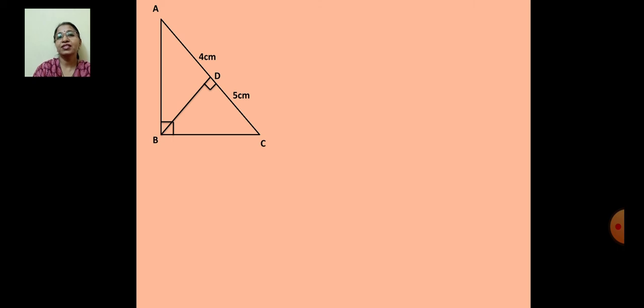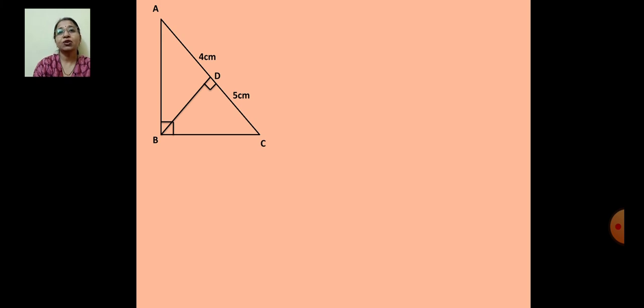Now how can you find this? Children, do you remember the geometric mean property? We have learned it in the previous class. That property says the perpendicular length drawn from the right angle vertex to the hypotenuse, this means this BD, is the geometric mean of the segments of the hypotenuse into which it is divided. That means BD square is equal to AD into DC. That relation you have to apply, so you will get the answer very easily.